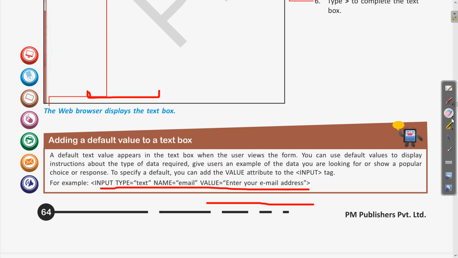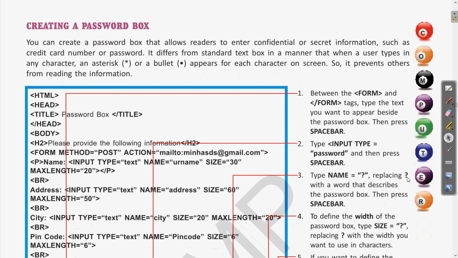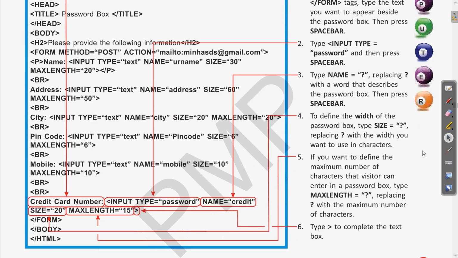Okay, next we have seen how to use the password box. For using the password box we are using the input type as password. Clear? So if I see this example, these were the different elements of the web page like address, city, pin code. If a person is filling any form or visiting any website with a registration page or a similar data collecting form, there we face these similar elements.